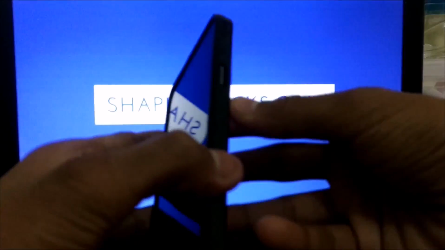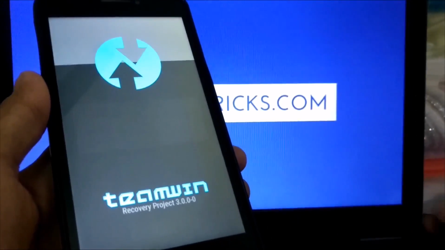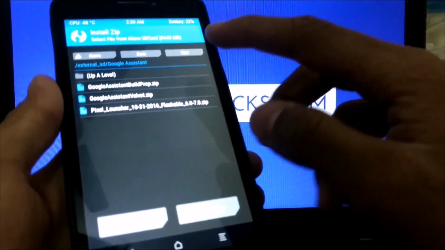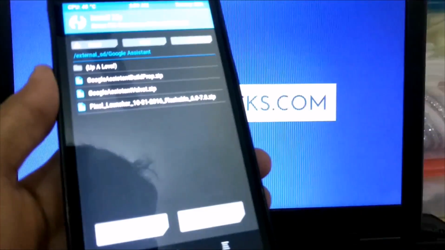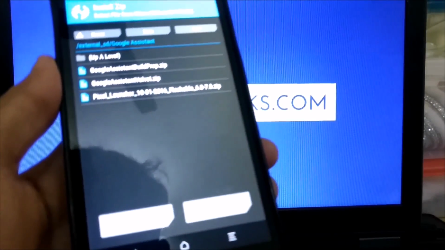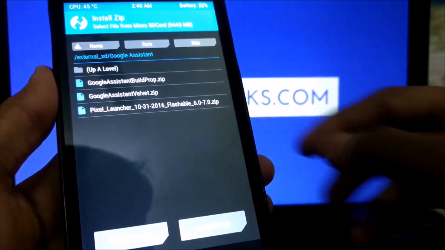For this I have to press the volume rockers and the power button. Now my phone is booted up in the recovery. Select the install option in the recovery, and you have to select the files in order. Please don't change this order. Firstly, select the Google Assistant velvet.zip file,